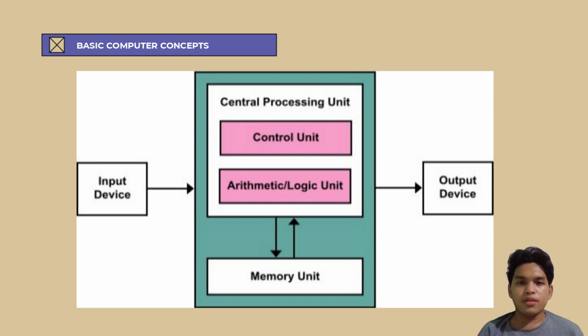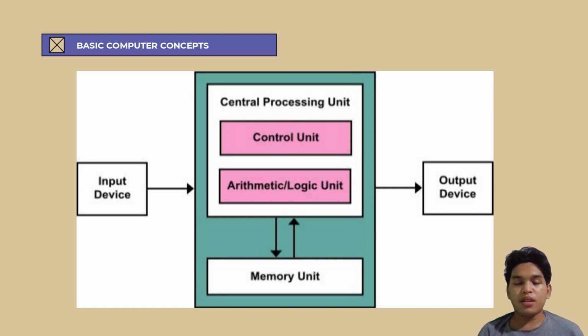Let's take a closer look at this diagram. It shows us the basic working system of a computer, or how the data flows in our computer, and how all the main parts work together like a team. We start with the input device. This is anything we use to send information to the computer. For example, when you use a keyboard to type or a mouse to click, you're using input devices. These tools take your actions and send them into the computer to be processed.